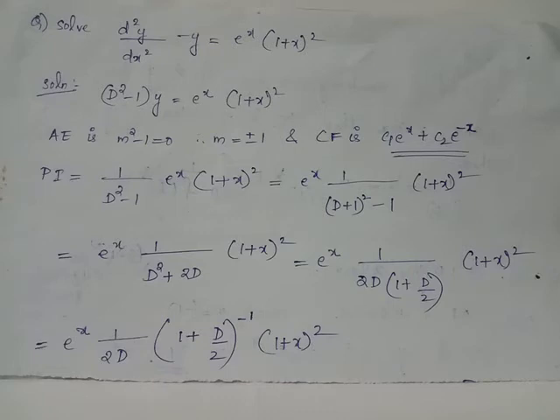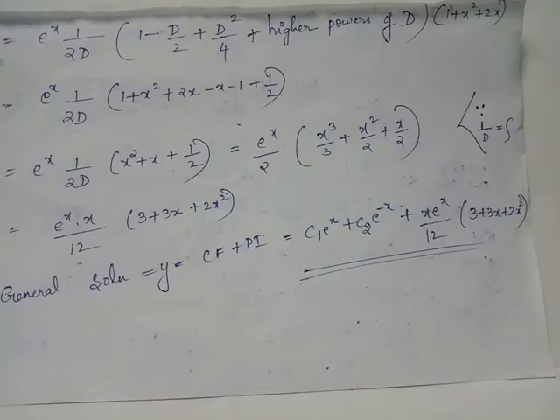We have 1 plus y the whole inverse equals 1 minus y plus y square minus y cube plus etc. Since our input is 1 plus x square plus 2x, we need not consider powers of D starting from capital D cube, because capital D cube when operated on the input 1 plus x square plus 2x will surely give 0 as the answer. We will consider only powers of capital D till capital D square, which will give us a non-zero answer. Thus we have 1 plus phi of D the whole inverse, when expanded using binomial theorem, becomes 1 minus D by 2 plus D square by 4 acting on the input 1 plus x square plus 2x.